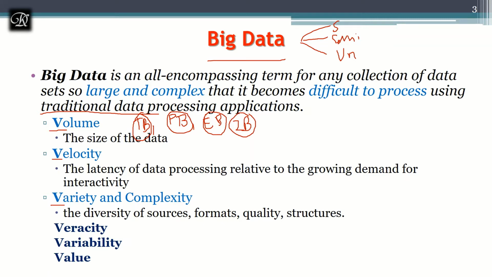And if I take up our social media, in a given minute, how many tweets are being posted, how many likes are going to be put on Instagram, on a particular image on Facebook, on a particular issue on Twitter. All these come from different varieties, and it's not only from these.